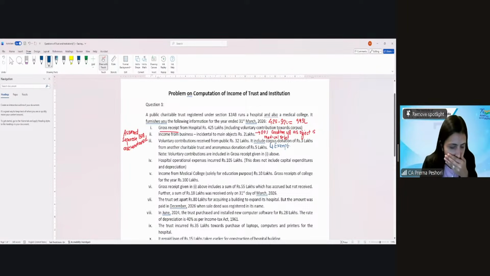Now what about the anonymous donation of 5 lakh? 1.6 lakhs is exempted. Correct. So for the anonymous donation,